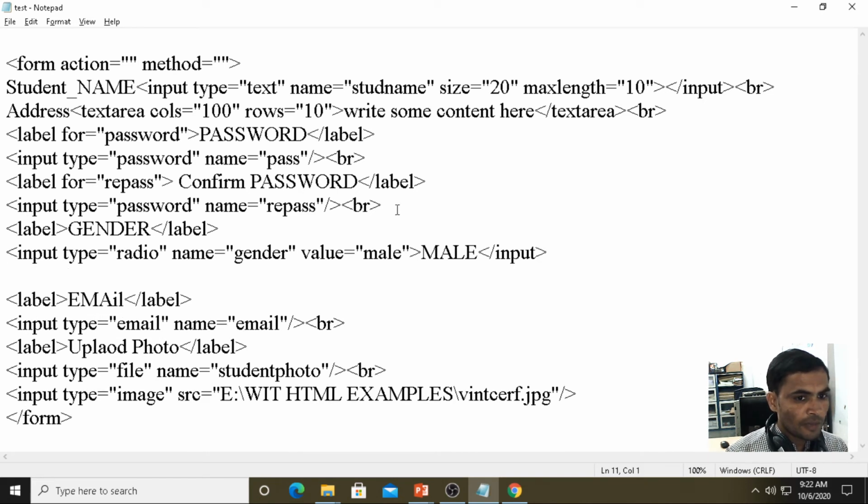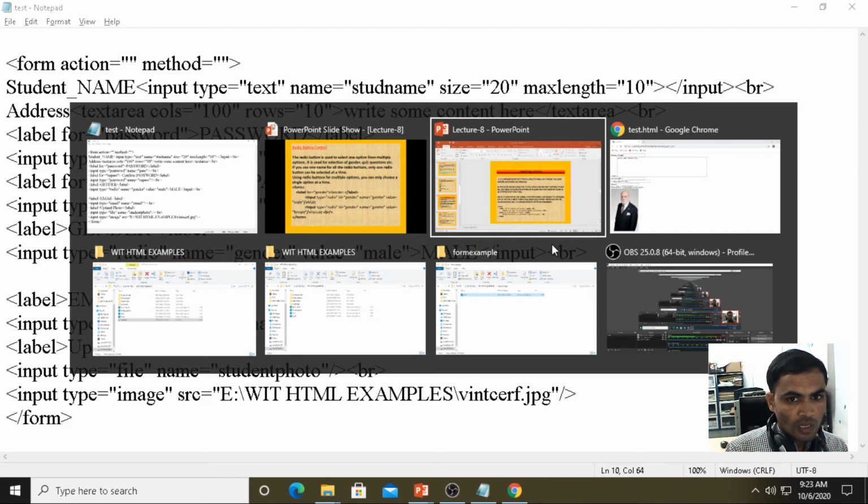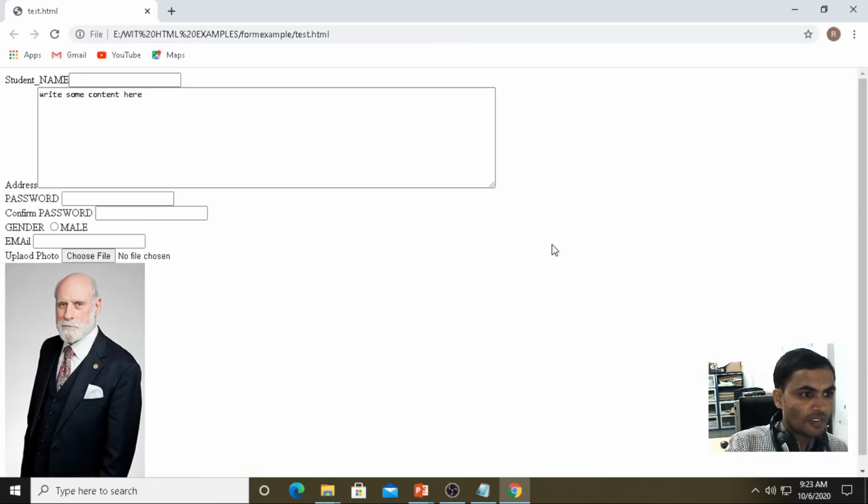For your understanding, Control S, then I'm using the BR tag for breaking purpose, Control S, Alt tab, press F5. Gender we are getting here.